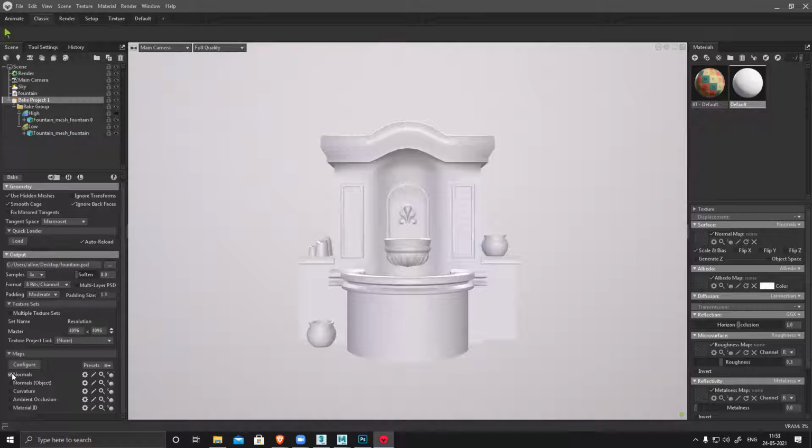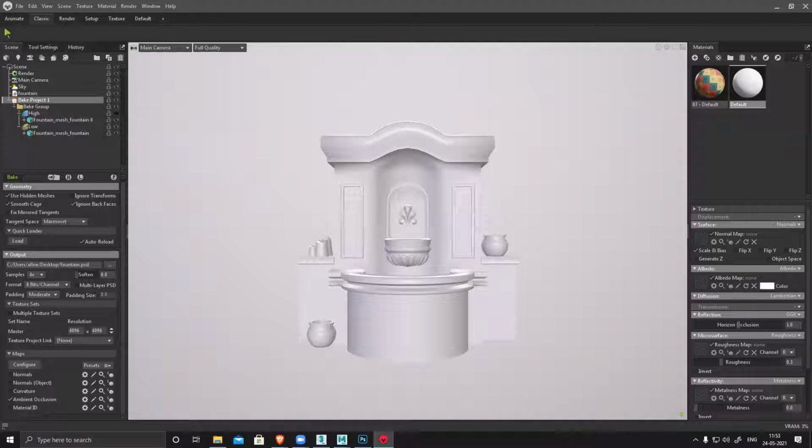You can see I have normal, curvature, ambient occlusion, all these options. I want only and only ambient occlusion, nothing else. Just select this. Tangent space and all these things are not required because we're baking only ambient occlusion. Just click on bake. Ambient occlusion takes a little time based on your mesh density.